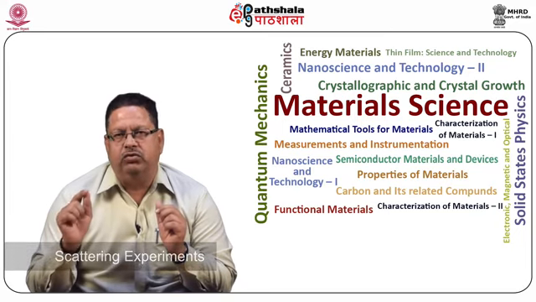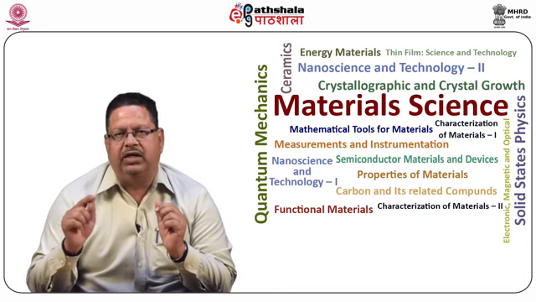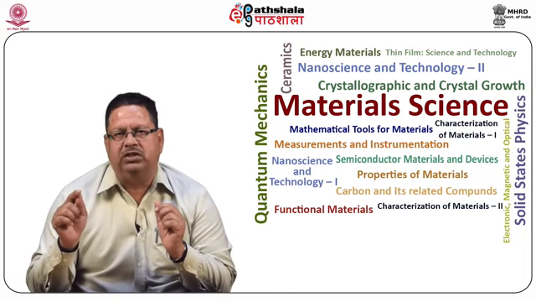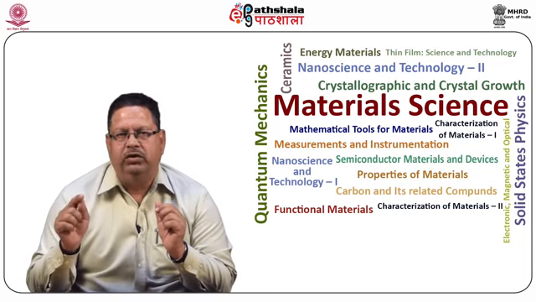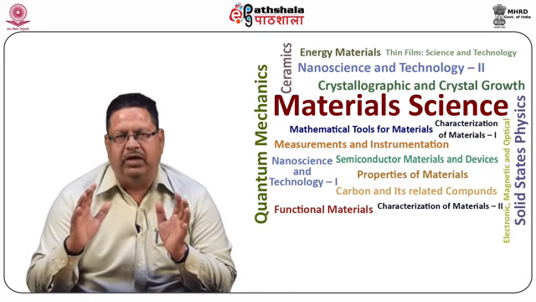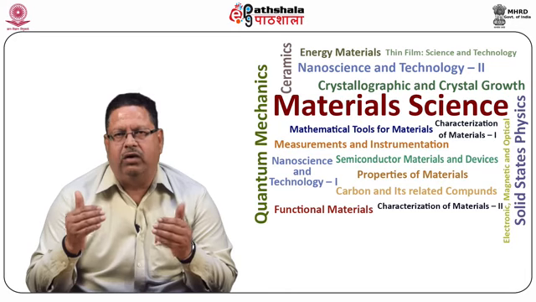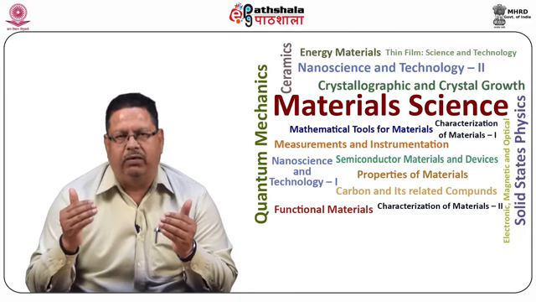Scattering experiments using deuterons as target give D state admixture around 4%. This validates our calculations drawn from the value of mu and q. So from the scattering experiment, we have measured what the contribution of admixture of D state in the ground state of deuteron can be, and it comes out to be around 4%. This basically strengthens our conclusion drawn from the theoretical calculations, from the measured value of mu and q, that the contribution has to be very small.